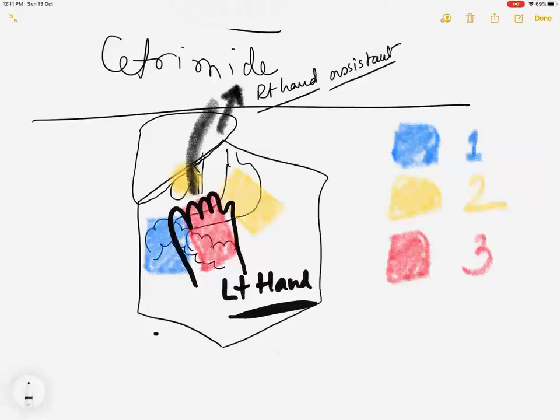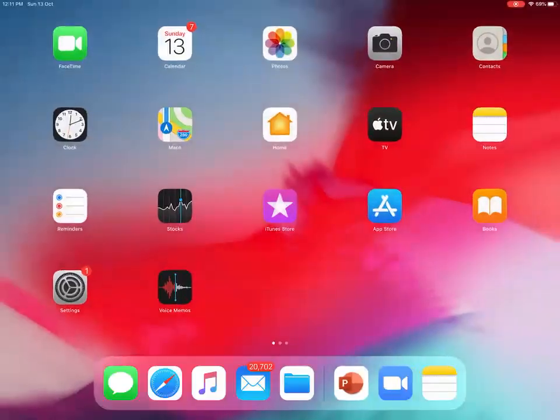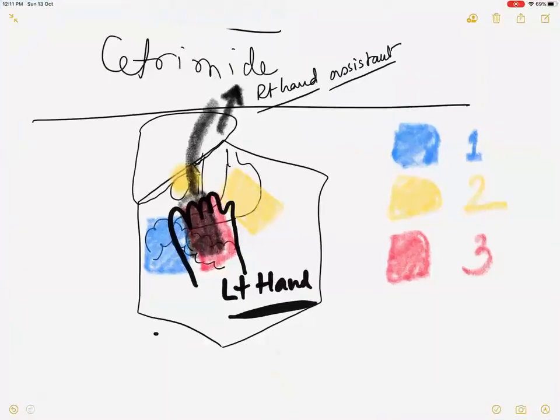So if the examiner asks you which hand of the assistant is most important, the left hand of the assistant is most important. Some of my assistants do not have gorilla-like hands. So for that, what I tell them is to supplement their gorilla-like hands with another Deaver's retractor. And hence, I hope you have seen wide-sized Deaver, narrow-sized Deaver. There are various sized Deavers for various purposes. I hope I made this point clear.